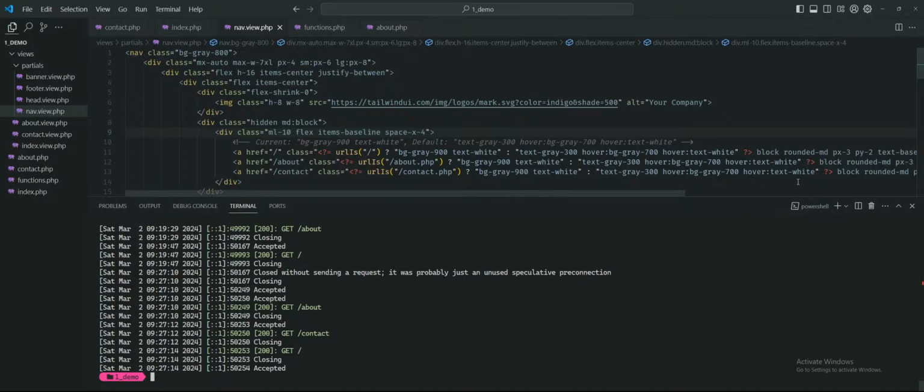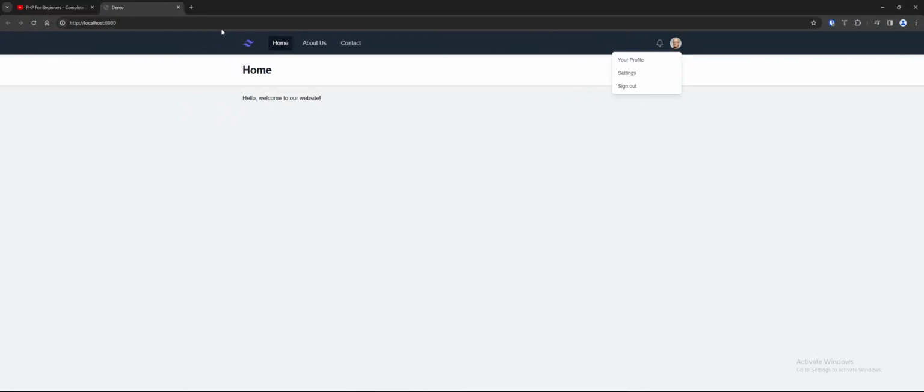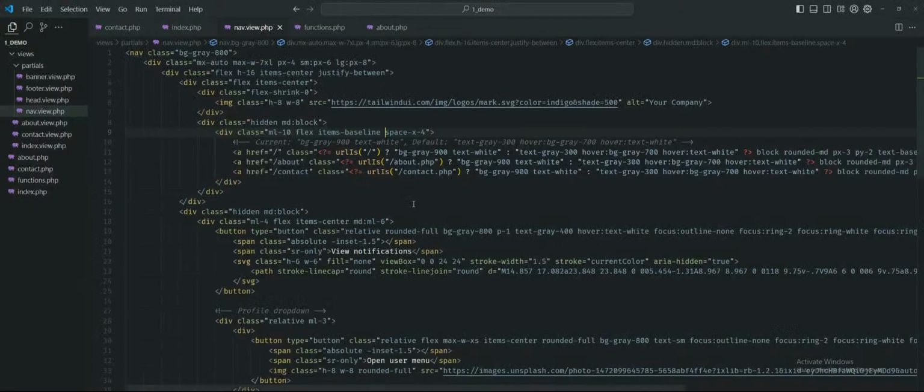I opened Control tilde and pressed Control C to stop the server. Up arrow, restart the server. Okay, not okay, not okay, okay. Okay, let's step through this. So if the URL is this, then apply these classes. But if the URL is this, so here it returns false. So it should do text 300, which it does. But here, if it does return true, which it's not returning true for some reason,